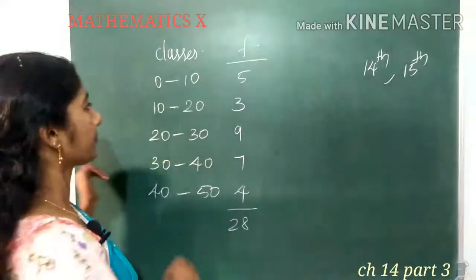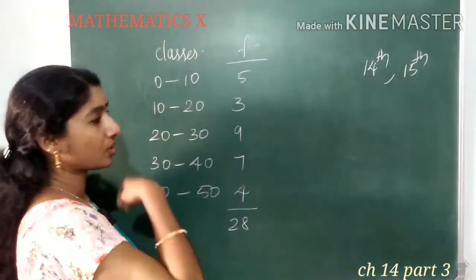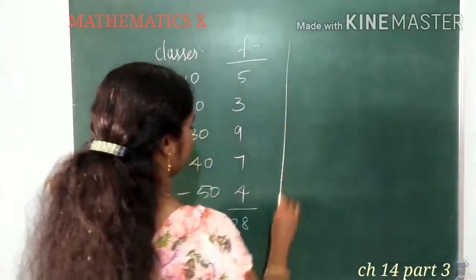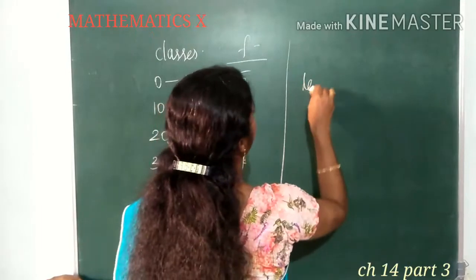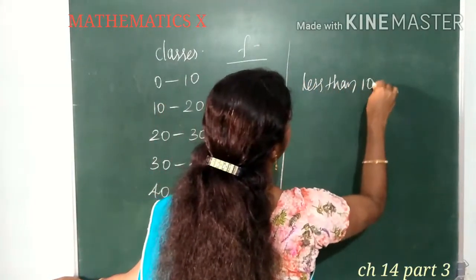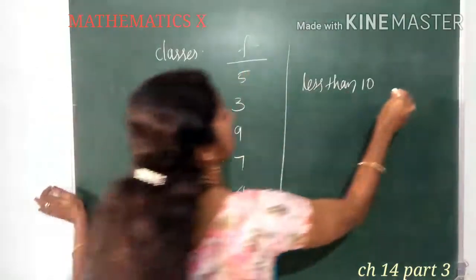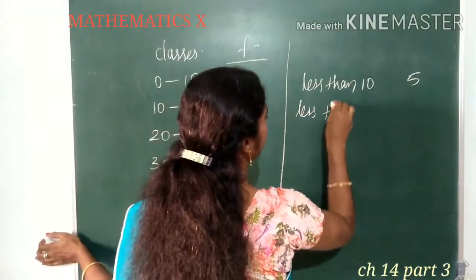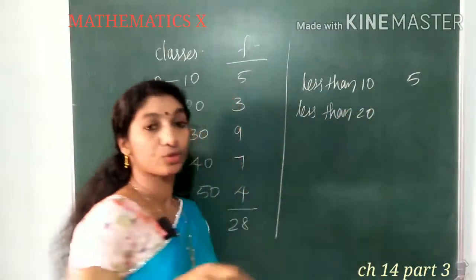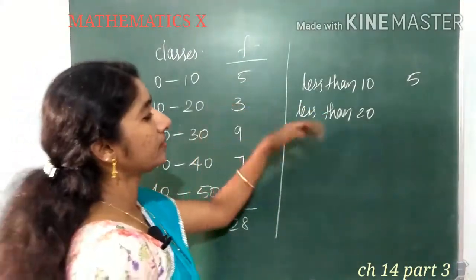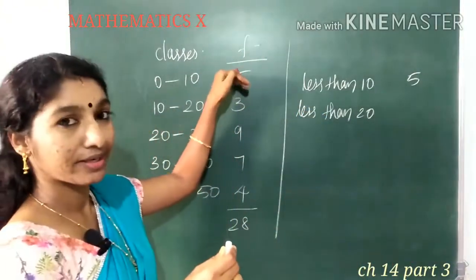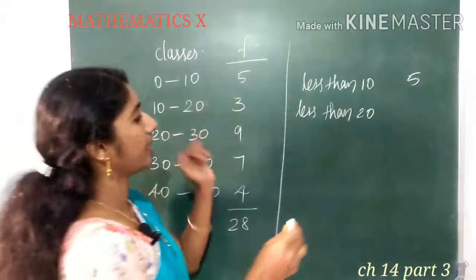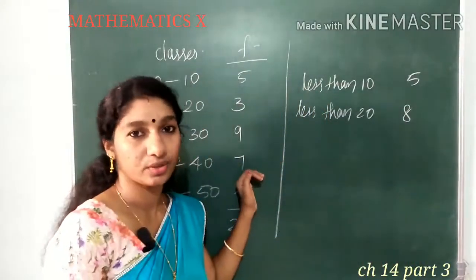So now I am calling the students those who got less than 10. So how many students are getting less than 10 marks? Less than 10. I am just calling less than 10. How many students will come? 5 students. Less than 20. So next one is less than 20 marks. So those who got less than 20 marks come and stand here, means 3 more will come. So now see, total already 5 students got less than 10. So they are also included in less than 20. So total 5 plus 3, 8 students will be there, those who got less than 20 marks.